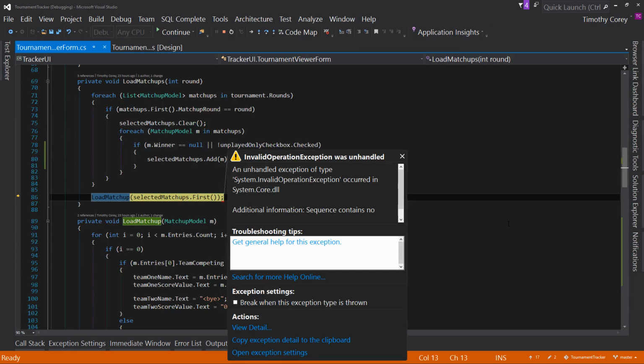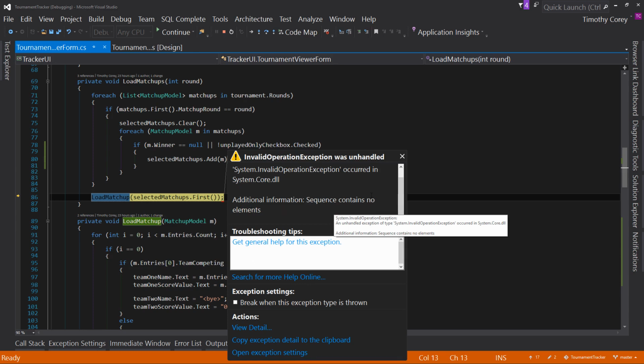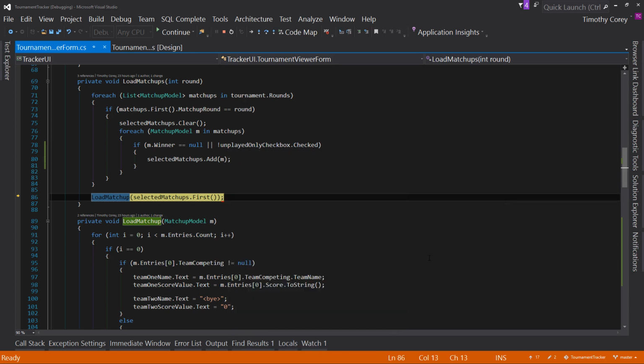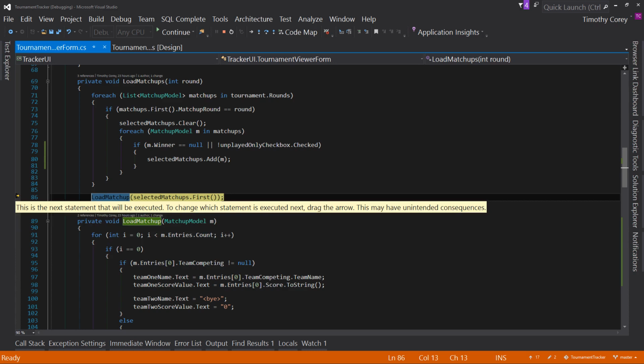And this raises a bug in our code. It says sequence contains no elements. So I had said load matchup, get the first one. Well, we can't do that because there is no first one in an empty list. So let's solve this problem